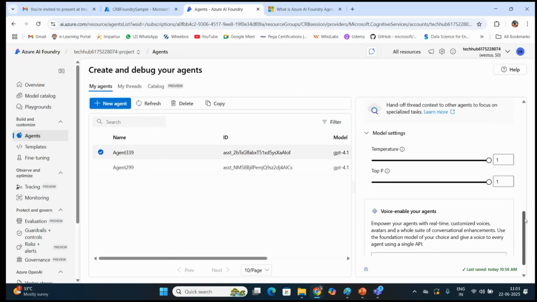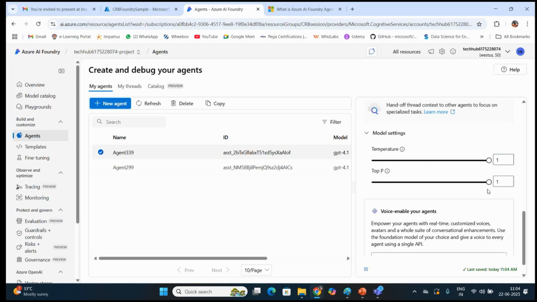And once you are done with that, you would decide on the model settings, which are temperature and top p. Temperature ranges from 0 to 1, wherein when you set it to 0, it gives you the original data, and when you set it to 1, it gives data that is more customized by the LLM.